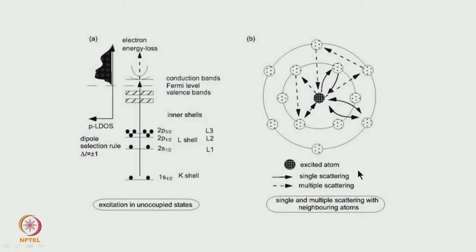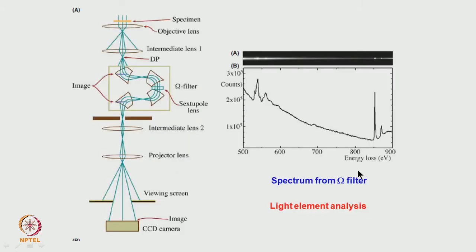Another way in which this has been used very effectively in a microscope is the incorporation of a magnetic sector analyzer in the column of the microscope itself. What one can make out is that this is the sample specimen into which monoenergetic electrons are entering. As these electrons pass through the sample, various types of interaction take place. Each interaction gives rise to some specific loss of energy. So, the electrons which come out of the sample surface are polyenergetic.